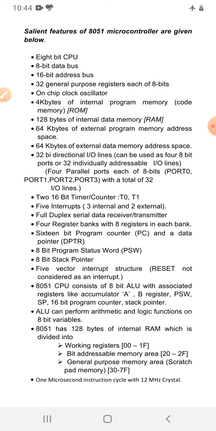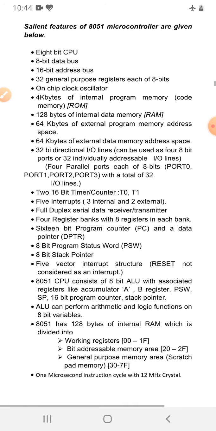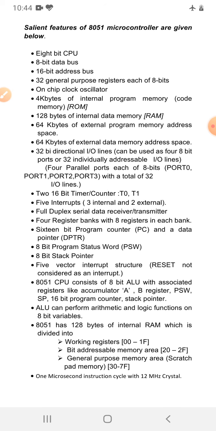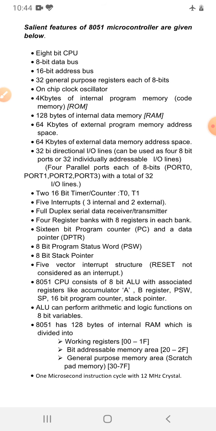So today in this class we'll have a quick glance at the brief history of the Intel 8051. In 1981, Intel Corporation introduced an 8-bit microcontroller called the 8051. This microcontroller had 128 bytes of RAM and 4 kilobytes of on-chip ROM memory. Plus it had two timers, one serial port, and four I/O ports, all on a single chip. At that time when it was invented, it was called a system on chip.